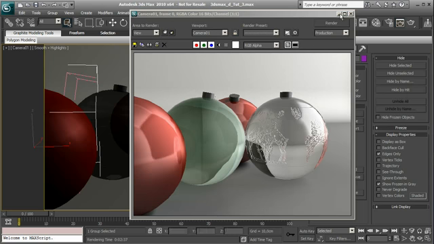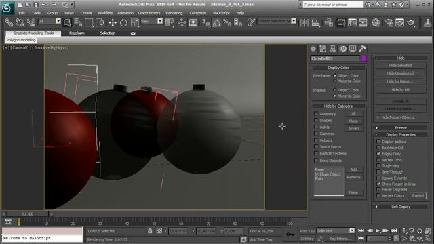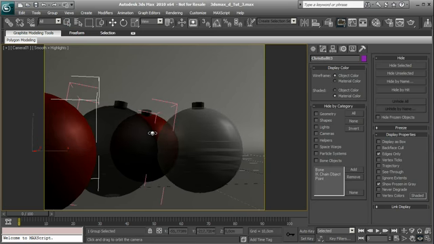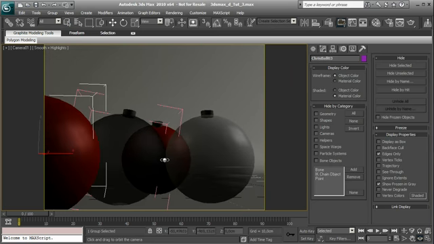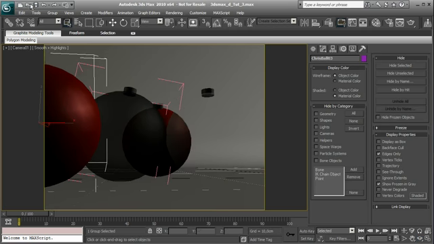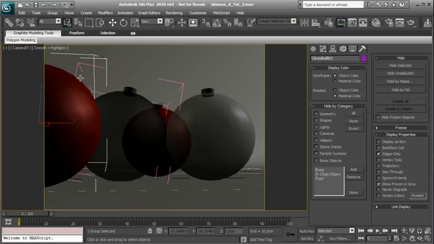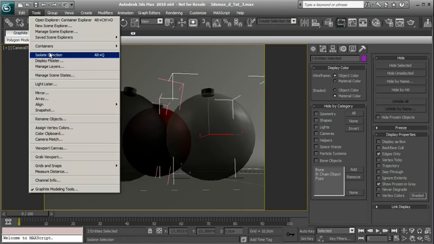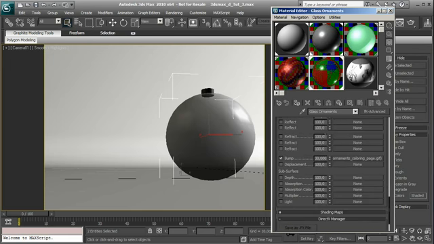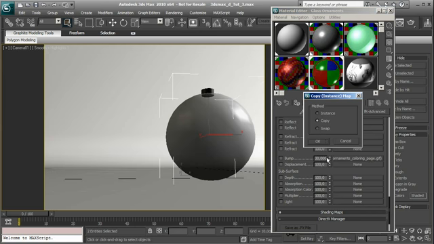Okay, and now let's change the camera a little. Okay, like this one. Let's save it, and I'd like to have again just the last sphere and environment. Let's go there and let's change to